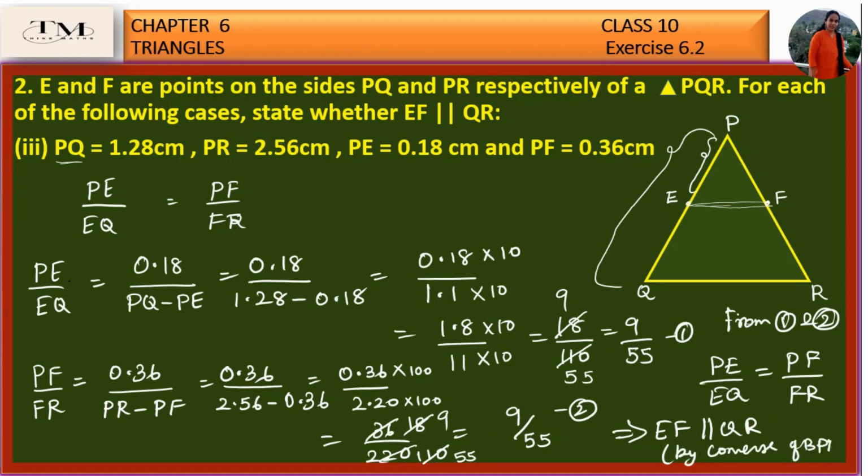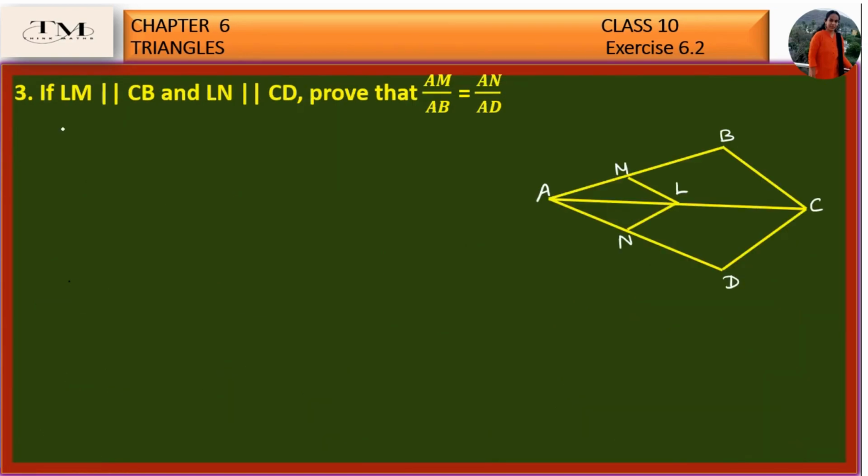I hope you can understand. So, let us move on to the third question in the next page. What is here? If LM parallel to CB and LN parallel to CD, prove that AM by MB is equal to AN by AD. So, first let us take